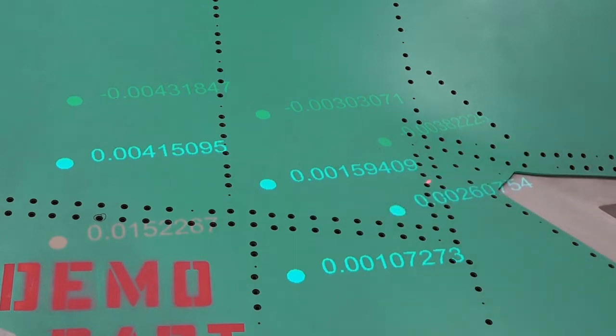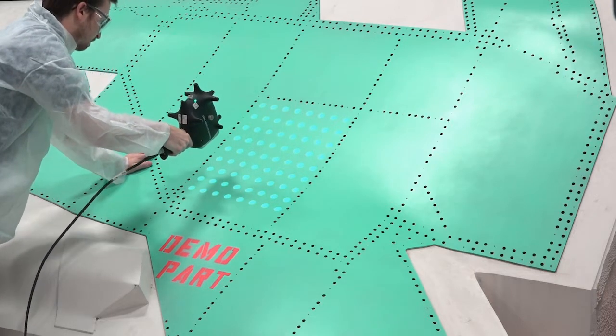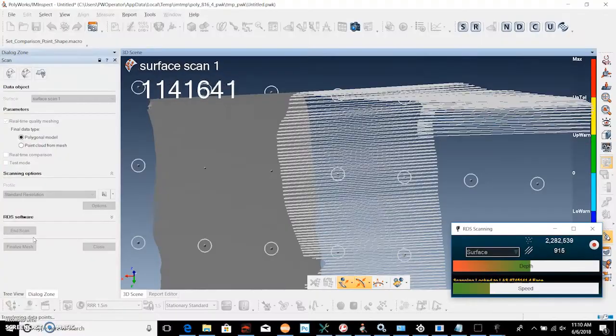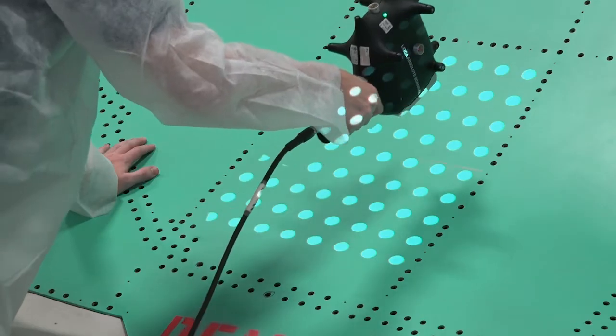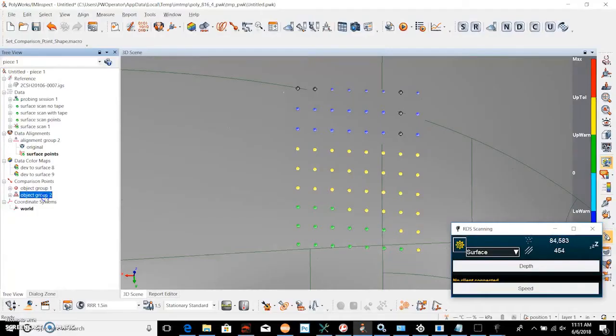It is also possible to collect data using a 3D scanner. In this case, a Leica absolute scanner is used to collect data on the surface of a composite aircraft panel. The projection system is displaying the data points which need to be measured. Once the scan is complete, the measurement data is output to the projection system and is displayed on the part,